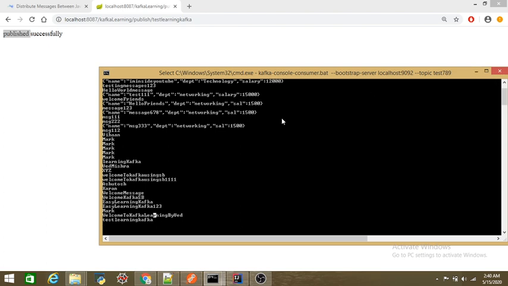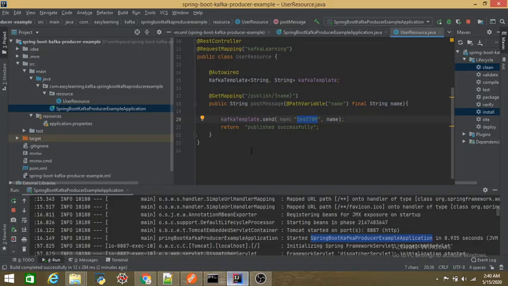So guys, this is how you can publish a string message using a Java Spring Boot application with the KafkaTemplate and the send method. In the next video, I'll be talking about how you can send JSON messages using KafkaTemplate to the topic, which the consumer would be subscribing to. In that case, I would be serializing the JSON message, or your user-defined DTO or model classes which you want to send as part of your message.